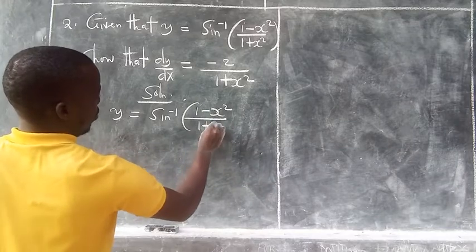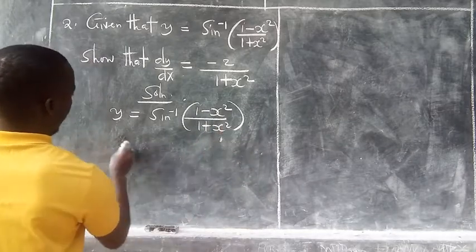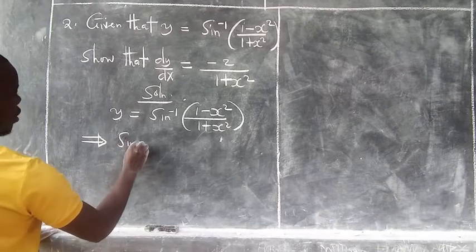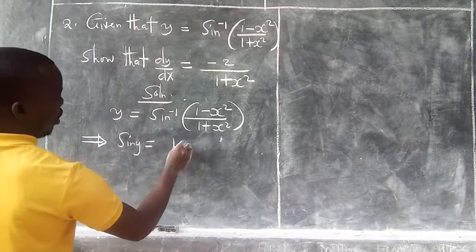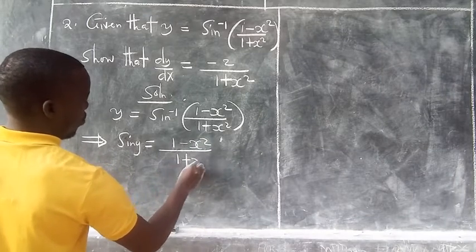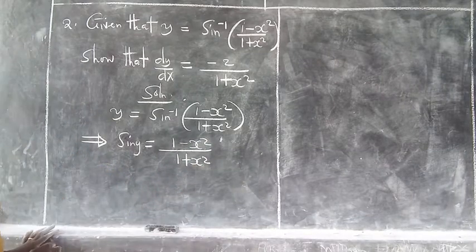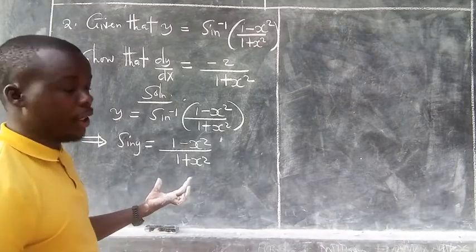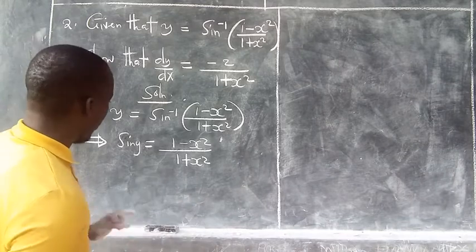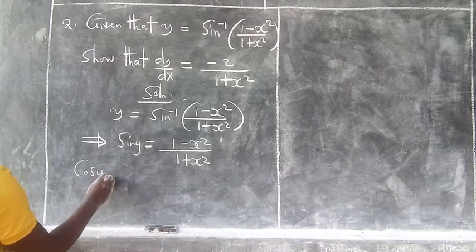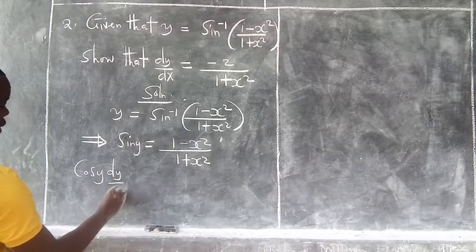out of 1 plus x squared, then it implies that sine of y is equal to 1 minus x squared out of 1 plus x squared. So if that is true, we're now going to differentiate the left hand side and the right hand side with respect to x. Now on the left hand side, automatically we shall get cos of y dy dx,